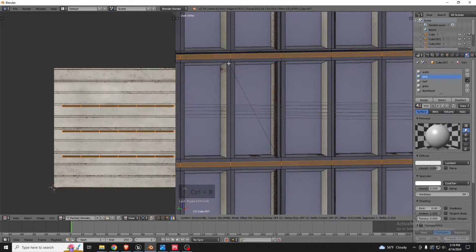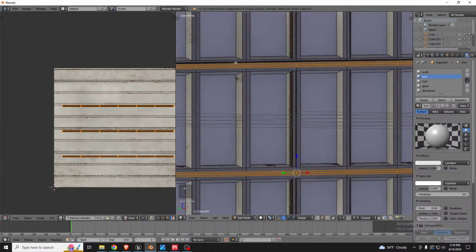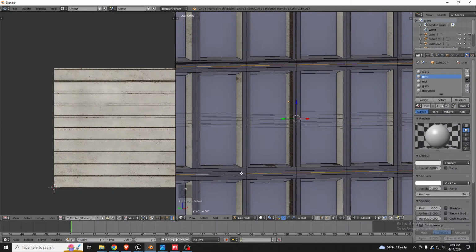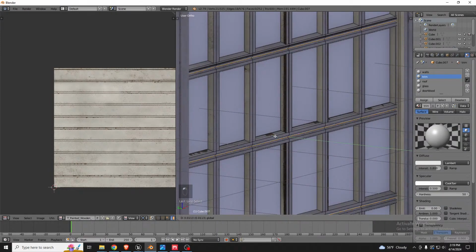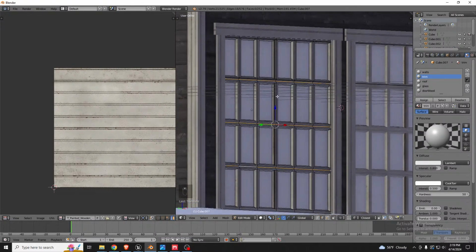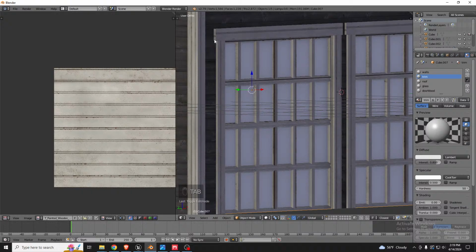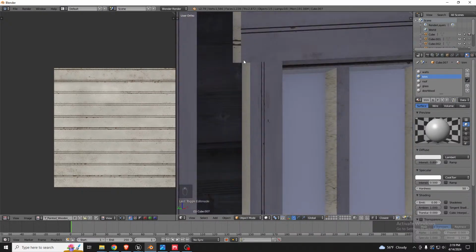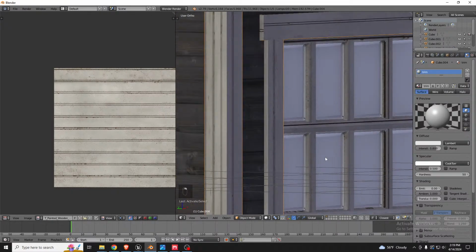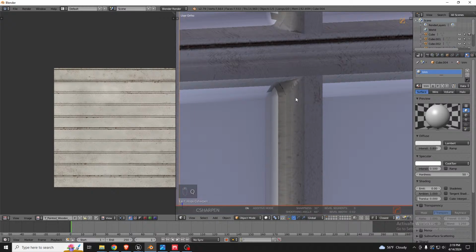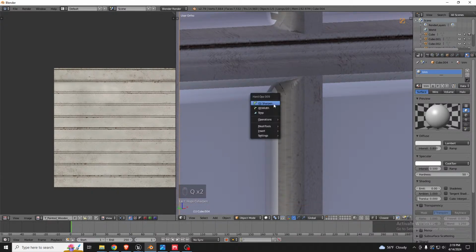So Control B, we'll do one. And now let's select the middle. And push it in a little bit like that. There we go. And before I bring it into export it again, I'm going to try and apply this sharpen thing to it. As you can see, it added the beveling all around, but it's kind of a little bit too much of a